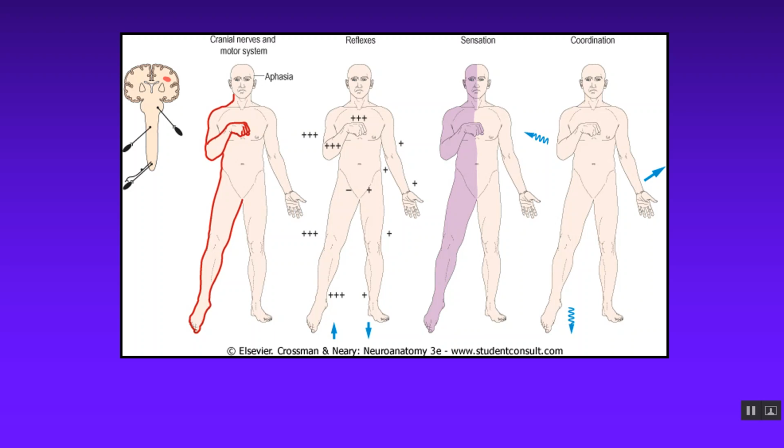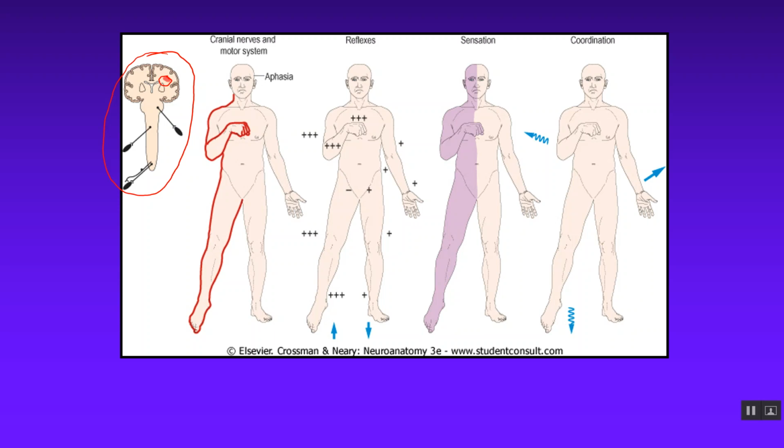So starting over here, here's that little rough schematic of the entire nervous system. And they're showing you a lesion right there. That's a lesion in the cerebrum on the left side. It's a left-sided lesion. That's actually affecting what's called the internal capsule. That's some white matter. Those are axons that are running down from your cerebral cortex through that area to go down. And you'll notice that now they have a left-sided lesion and they have right-sided